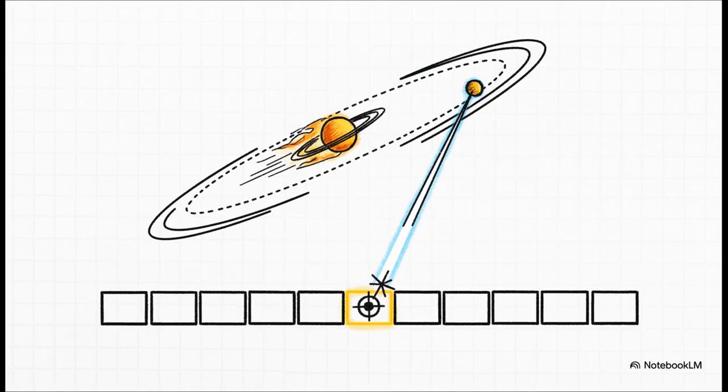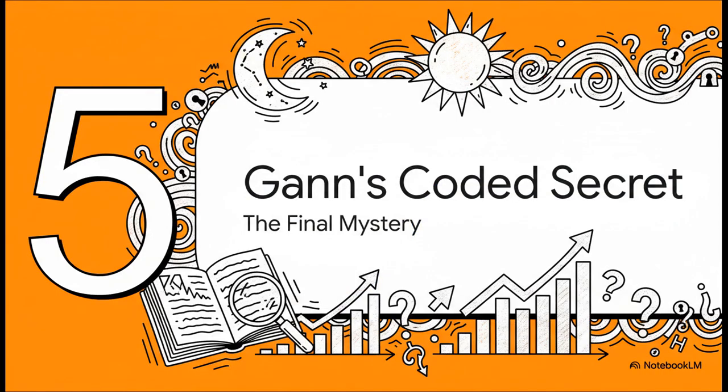Here's the solution, and it's brilliant. For timing, you forget about the slowpokes. Instead, you focus on the fast movers: Mercury, Venus, Mars, and the Sun. These guys are zipping around so fast that when they cross one of those proven hotspots, they're in and out in about a day. And just like that, you have a system that can flag potential turning points down to the exact day. Now, as powerful as that timing method is, it's really just the first level.